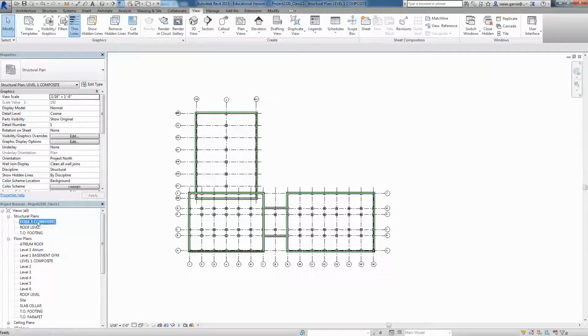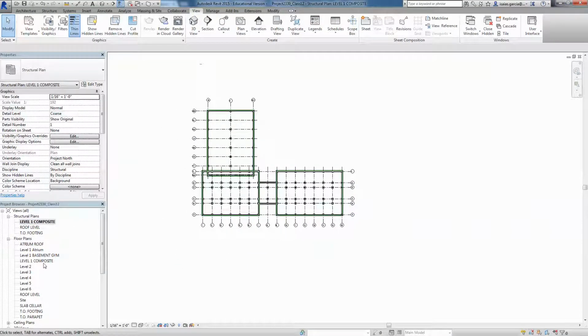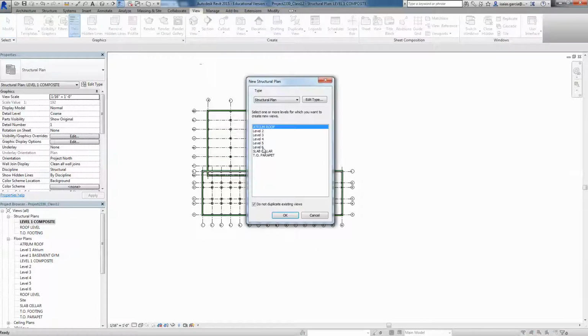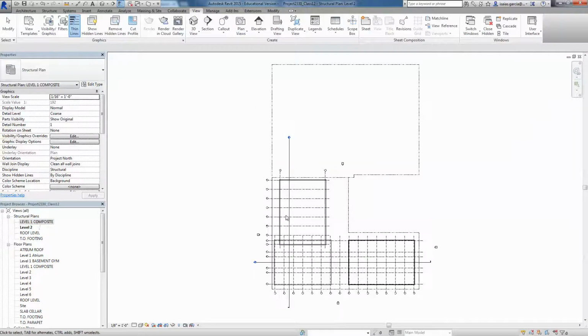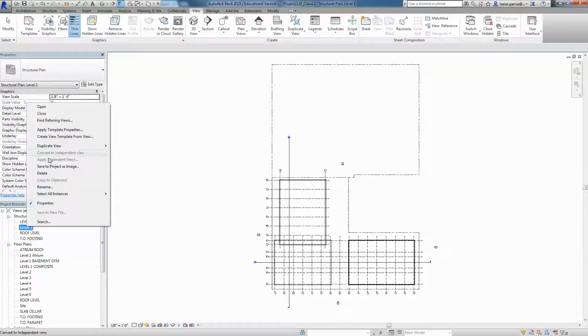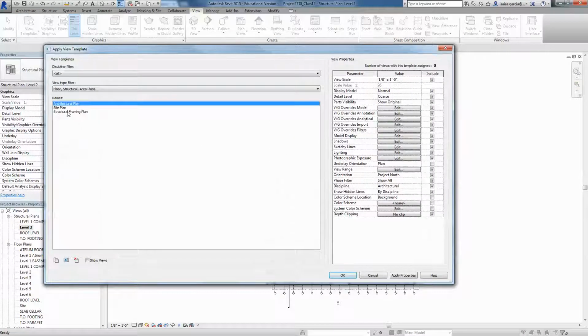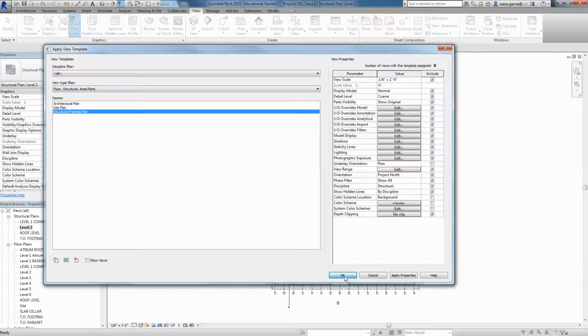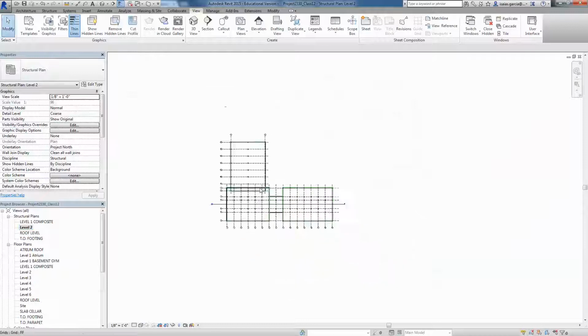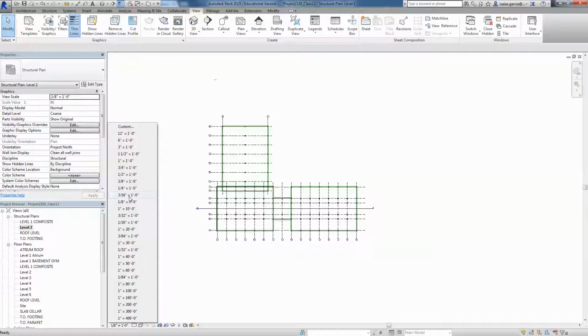You will go to the level 2, go to view, and go to plan view, structural plan. You can select level 2. It goes there to level 2. You can right click and, well, you can apply also templates from here, or go here and apply structural framing. Okay, make sure it's 1/16,